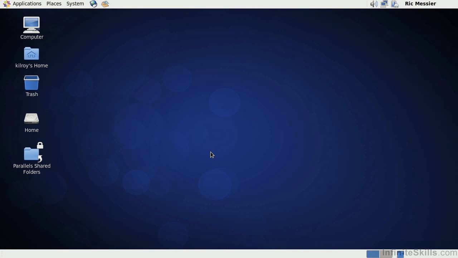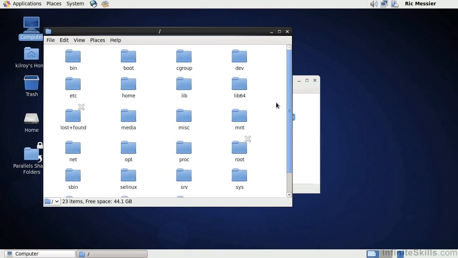In this lesson, we're going to be talking about some of the just basic commands that we're going to be using on a regular basis on the Linux system as we go forward. The first thing I want to show you, though, is get you used to the file system. Now, under Linux, just like under Unix, the file system is really one big entity, unlike Windows, where we've got